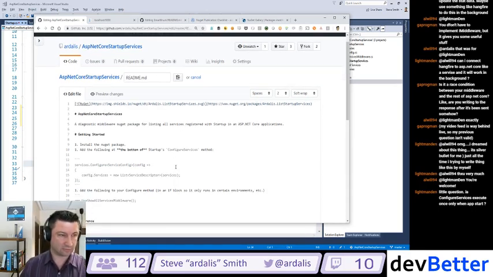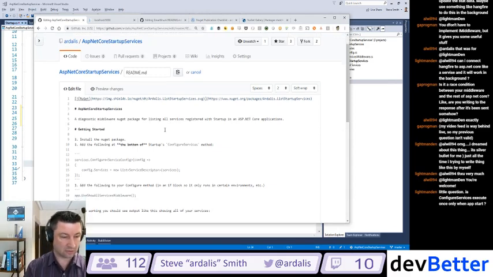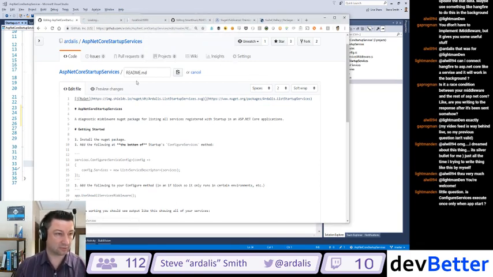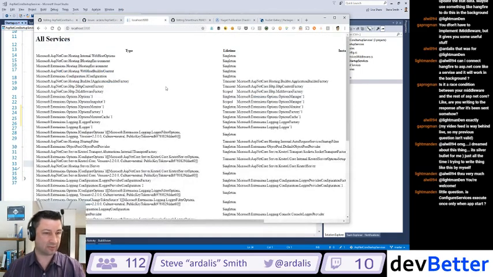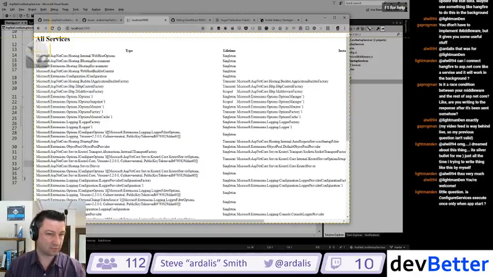What will that do for you? Well, if it's working, you should see output like this, showing all of your services. And we're going to throw a screenshot in here. A nice trick for screenshots is you can go under Issues, in a new window. We can grab this output here, make a quick screenshot, like that,